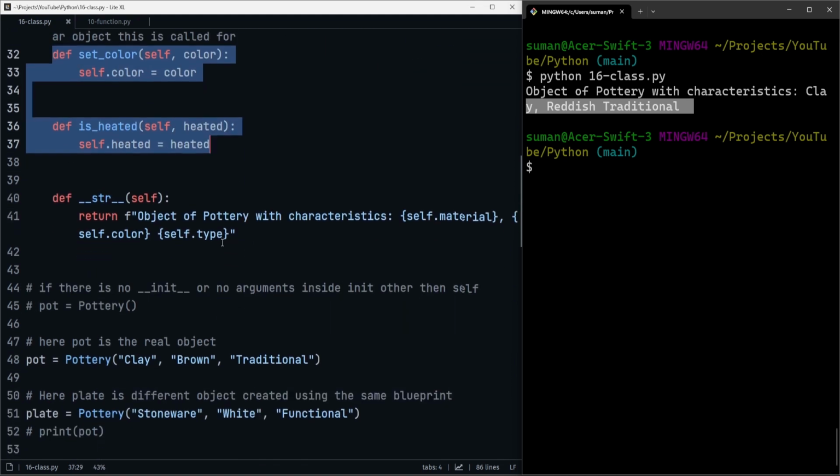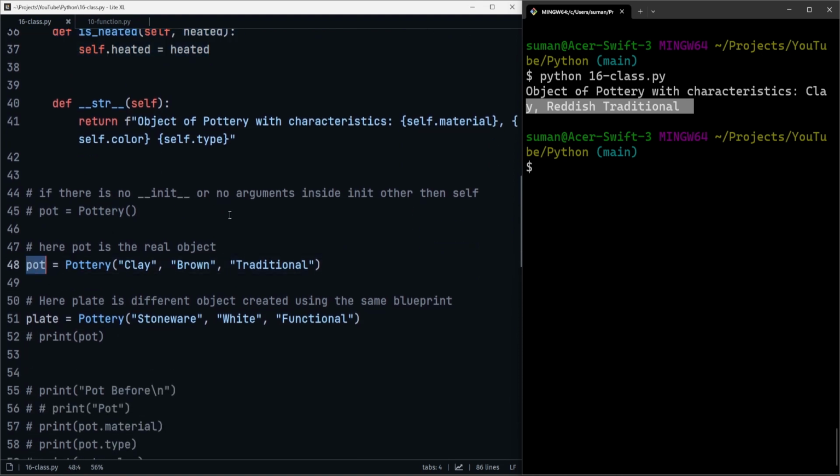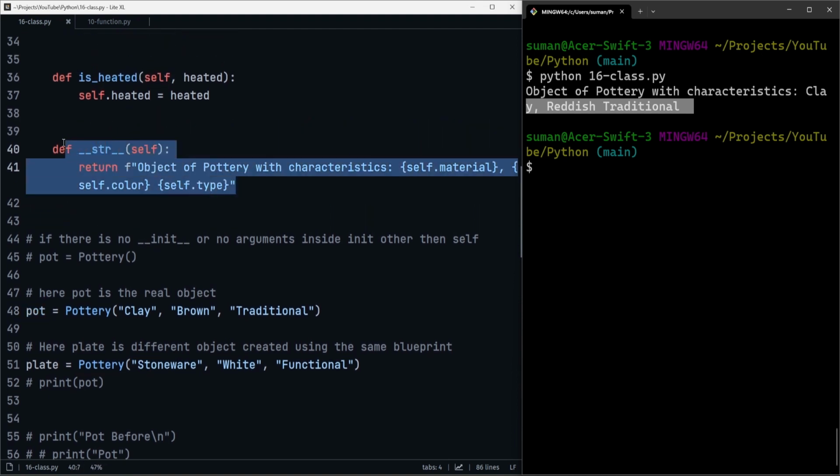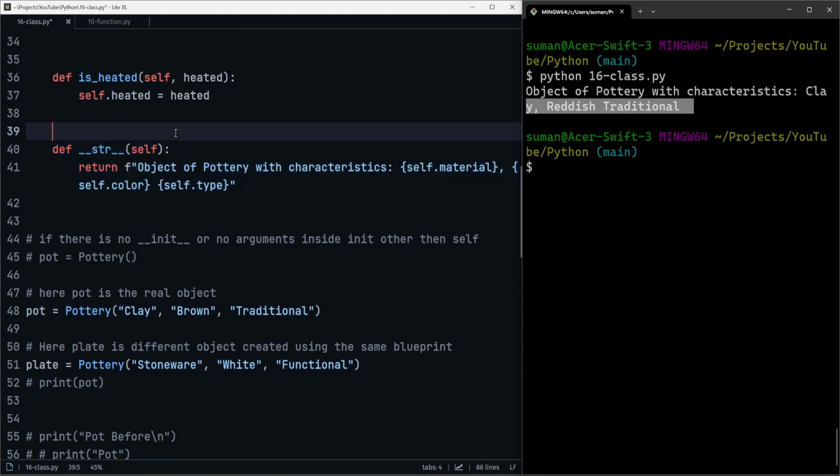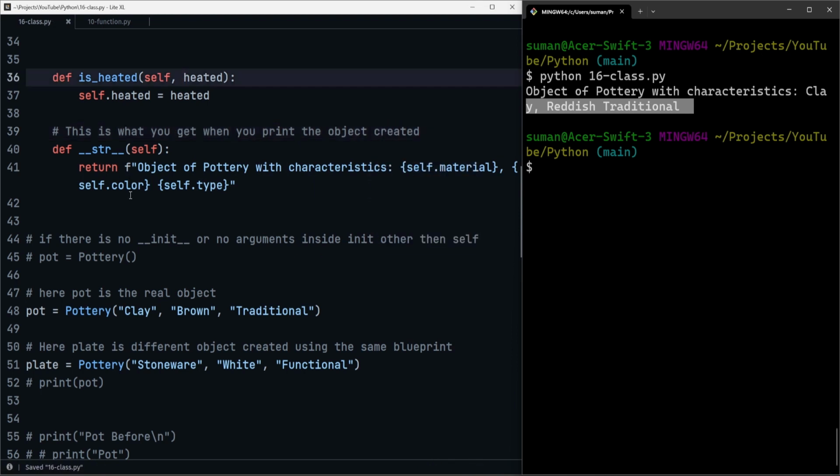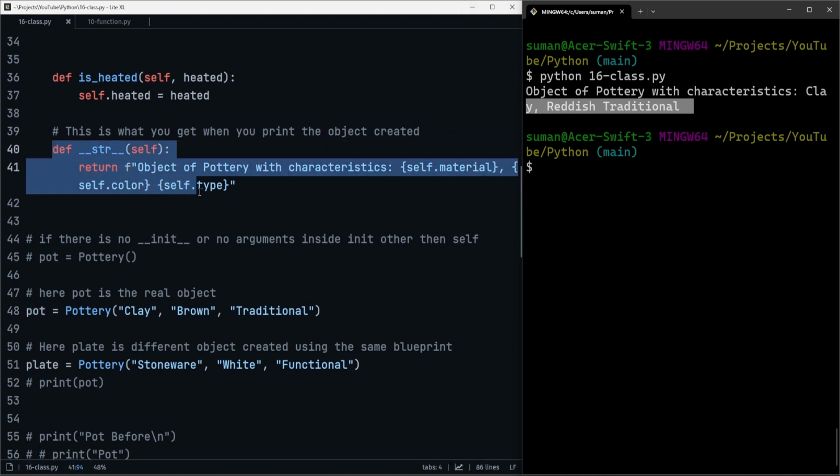And when you create an object, if you want to print something a little bit more so the user can understand what this is, you can use the str function. If you don't define this, it will just say what object was created. This is what you get when you print the object created. So when you create the object and try to print it, you'll get this string. If you want to make it more user friendly, then you can use